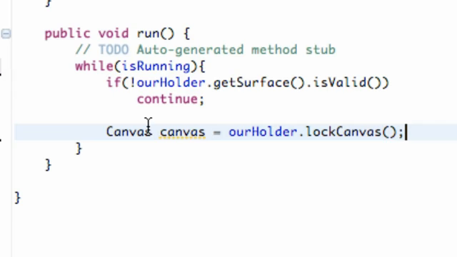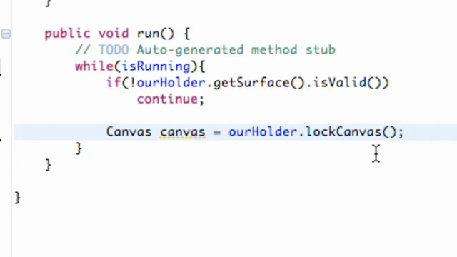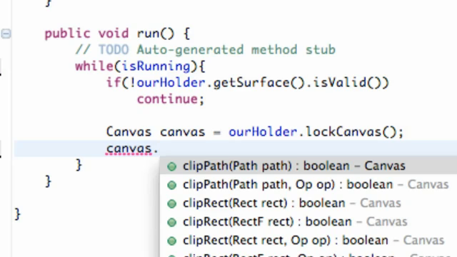Basically, what's happening is we have this masterpiece, this great idea, and we want to paint it. So we're going to lock our door, then paint on our canvas, and then unlock our door and show the whole world what we came up with. That's basically what we're doing within this loop. We're locking the canvas so no other classes, no other activities, no other threads can access it. That's the point of locking it. Once it's locked, this is where we start drawing on it. So we're going to say canvas dot draw